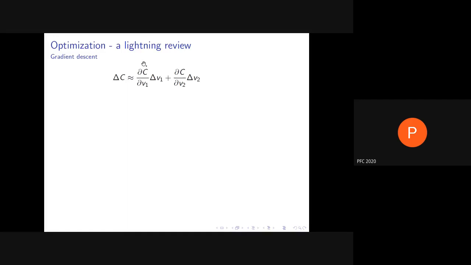The other vector has components del C del v1, del C del v2, which essentially tells you how fast the function C is changing. And that vector is familiar to everybody who has done college physics, at least. This is the so-called gradient of the scalar C. And this quantity can be written down as a dot product, which is just component by component product and addition. The gradient of C, denoted by the symbol nabla C, is this vector del C del v1, del C del v2. Once again, remember the transpose is there simply because I'm writing this as a row vector.